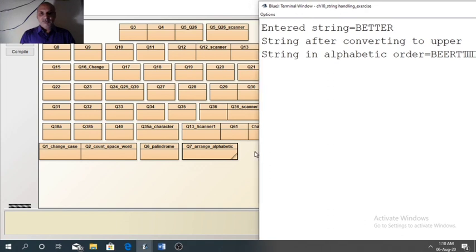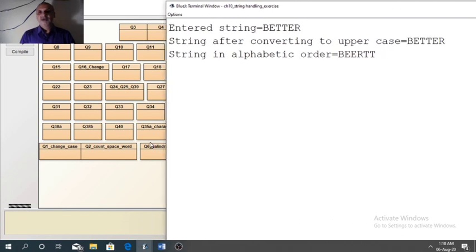So if you type in capital letters itself, then also after changing to uppercase you will get the same thing. And after arranging in alphabetic order, you will get the required result.